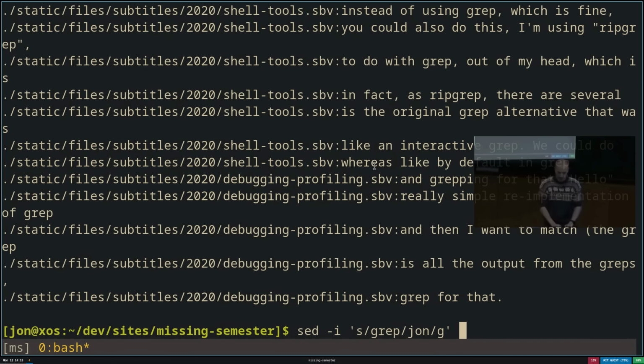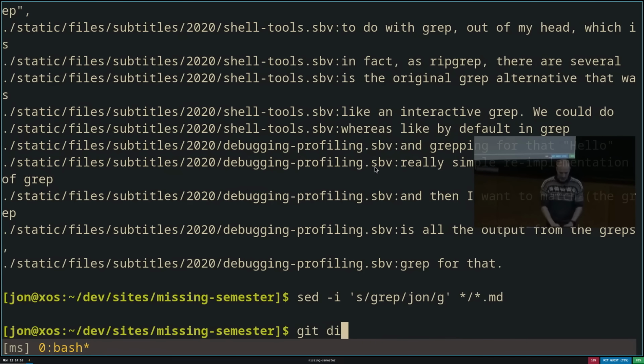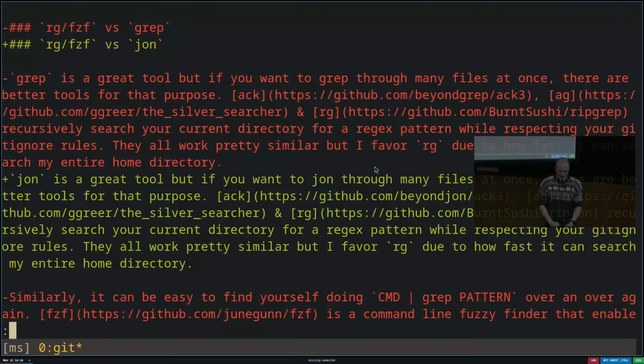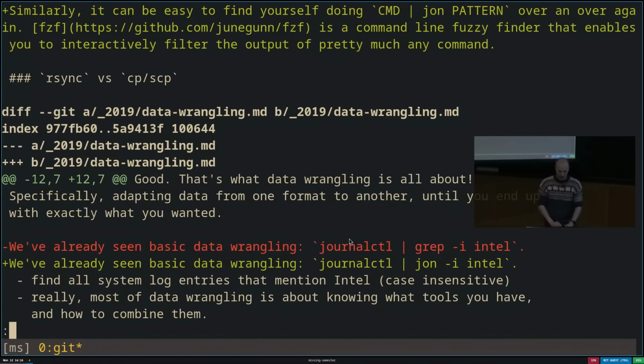And then I can do */*.md. The path specifier here is what's known as a glob. We'll talk about those in the next lecture, but they basically allow you to give patterns for paths. So in this case, I'm saying in any directory, look for any file that ends with .md, which is what all our course files do. And when I run this and now run git diff, you'll see that I now have a big git diff, and the diff in all of them is that all instances of grep have been replaced with John.